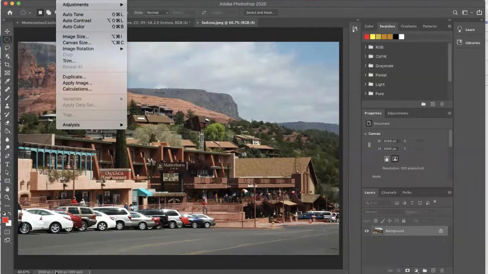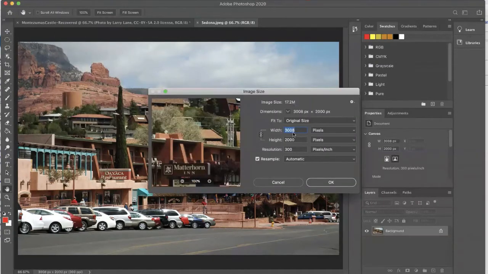Okay, that's pretty close. I wanted 3000 by 2000. I need to crop off 8 pixels. Not a big deal because they'll just get absorbed into my images when I upload them. However, let's say this was a 4000 by 3000 image, and I wanted to size it down to 3000 by 2000. What I would do first is go to the image size, and I would size this down to one